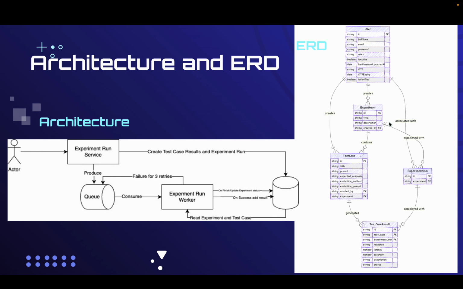And right here I'm using SQL, and this was the one that I used. I chose it because there's a relation between the experiments and test cases, as you can see. But I would use MongoDB if I had to choose now, because of a design issue: for each test case result, I want to have a duplicate of the test case. So for example, if someone comes in and edits their test cases, I don't want it to also be edited in the test case result. So for that, what I'm doing now is creating a duplicate here that's not matched to the one it was supposed to execute,